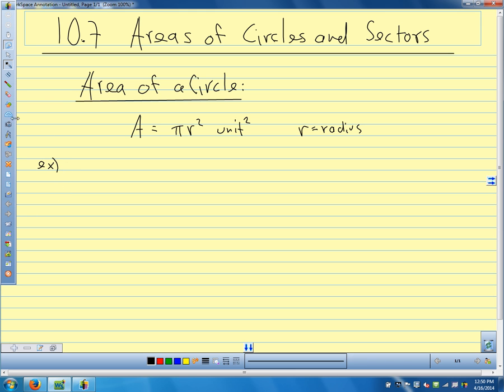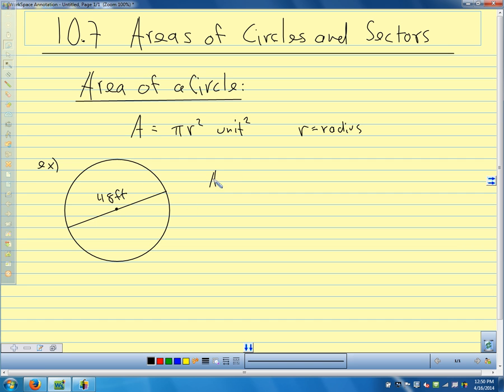So just as a quick example, here's my circle, and I'm going to say this is 48 feet. And we want the area. So how would we calculate the area of this circle? Area equals pi times, what are we going to put next here? 24